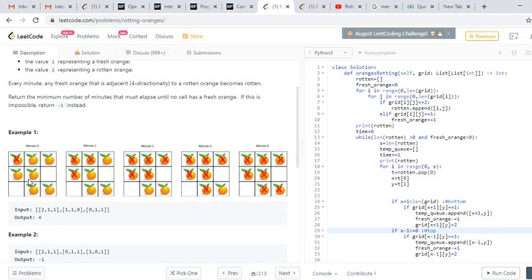Because we have to do this in parallel. Suppose in this cell this is a rotten orange, and here also we have a rotten orange, so it will work on both simultaneously. So in that case we are using a queue here.